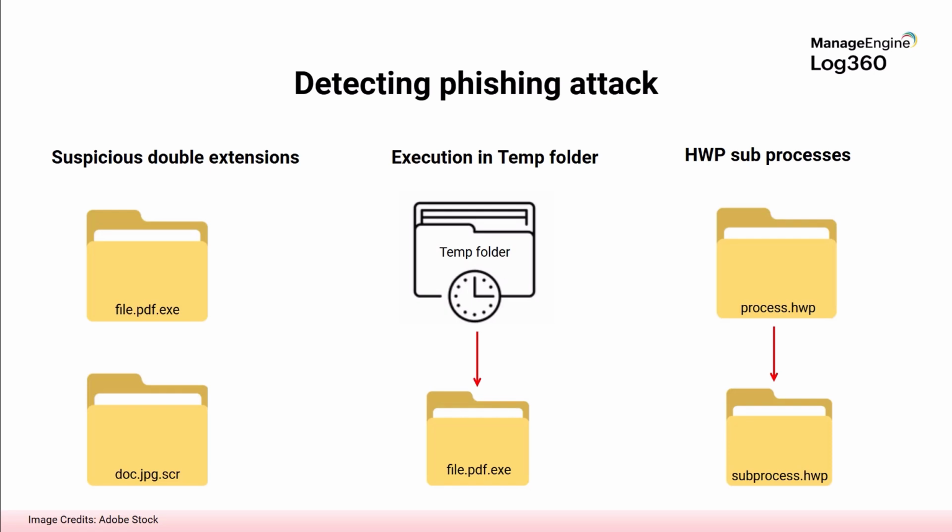A common indicator of a malicious email attachment is a double extension. Here, attackers use two different extensions after the file name to evade detection by email filtering tools. The first extension is mostly a legitimate extension like .pdf or .jpg, which is followed by secondary executable extensions like .exe or .scr. As these emails sneak through email filters and reach your inbox, users are tricked into assuming that the disguised file attachments are harmless. Once the user clicks such files, it gets automatically executed.